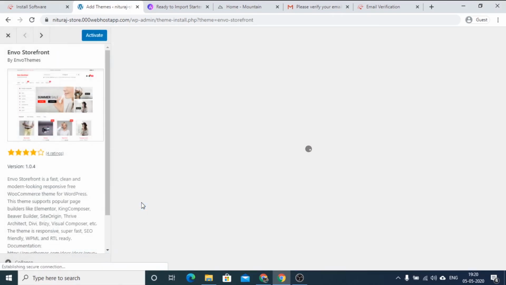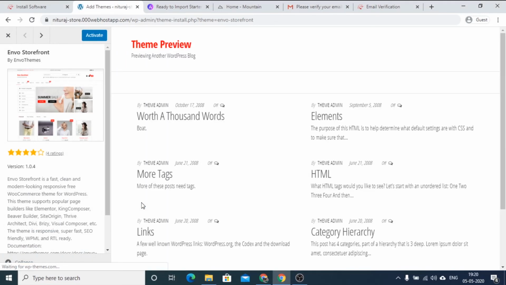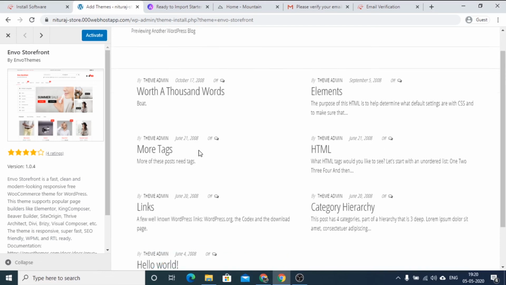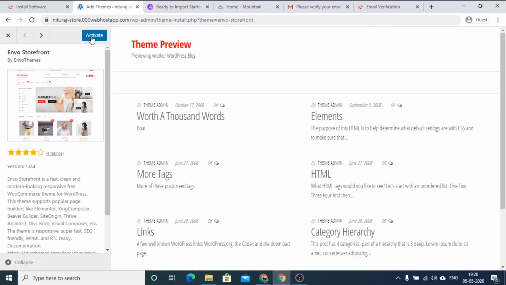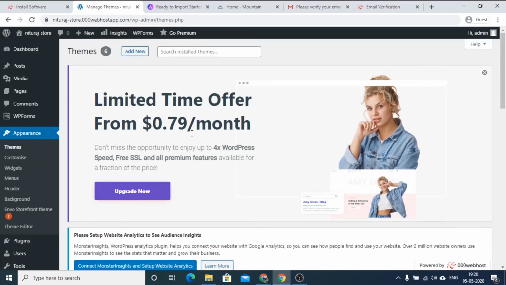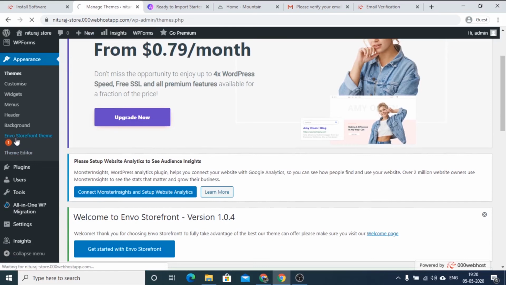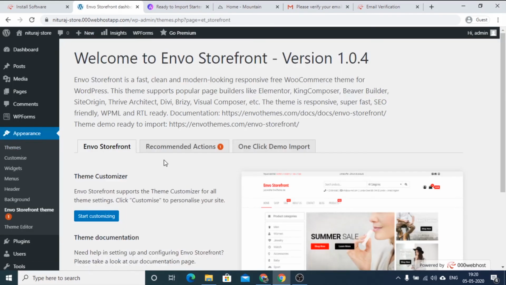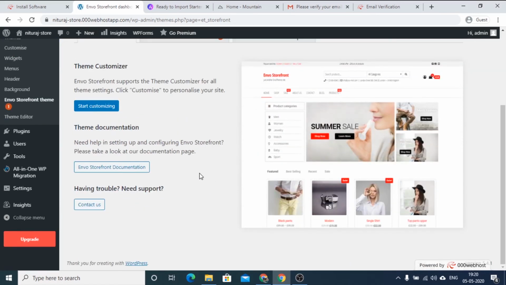Activate. Okay, now here is our theme. Now it shows you what are the recommended options here.